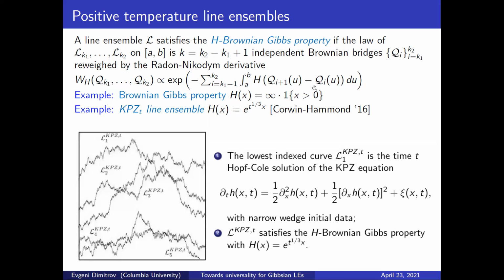And the way that these curves interact is basically through an energetic penalty that is reflected in the distribution. If a certain path configuration results in a high h, then that path configuration is penalized exponentially. So the curves are basically independent bridges, but they like to align themselves around the path configurations that minimize the h. This is the usual sort of positive temperature Gibbsian property that people consider.